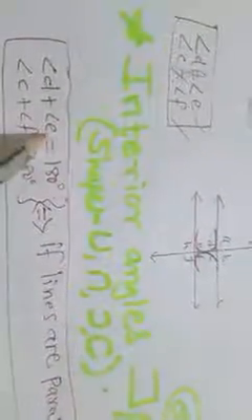Okay? One more property. If the lines are parallel, then interior angles are supplementary. Means the addition of two interior angles is 180 degrees. If lines are not parallel, then they will not show the pair in linear pair addition of 180. Till now we have seen the two shapes. First is the Z, alternate interior angles, and the bowl shape, U shape, interior angles.